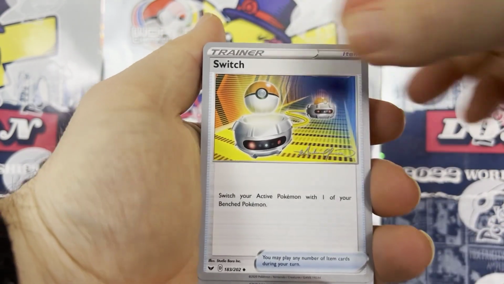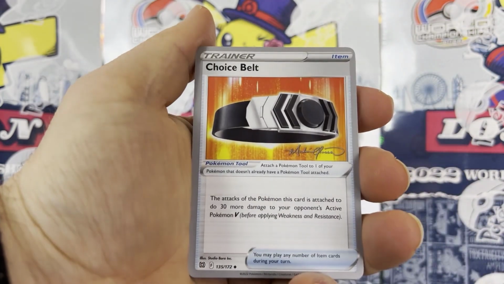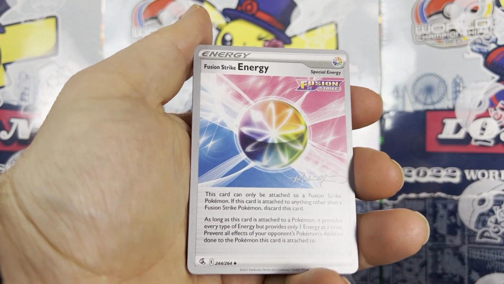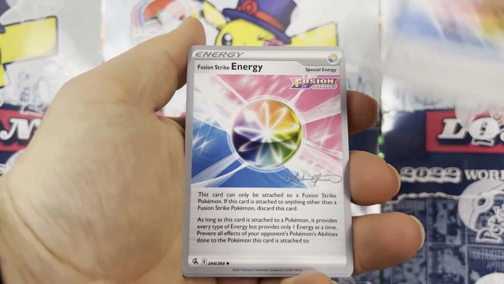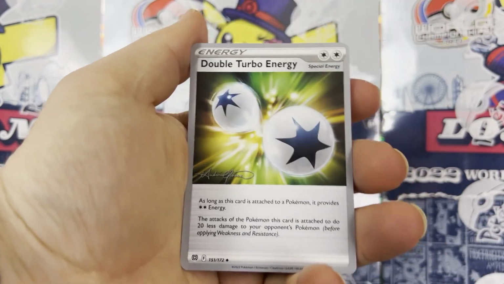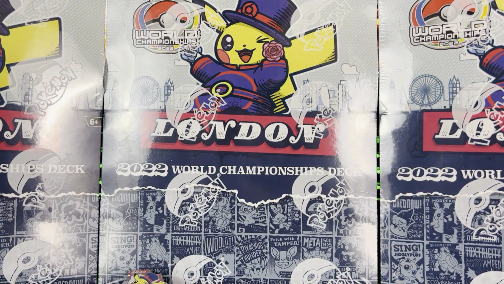Battle Styles is Escape Rope. We're running mostly full. Switch, an oldie but goodie. And we have Echoing Horn from Chilling Reign. We have Choice Belt from Brilliant Stars as well too. Fusion Strike Energy from, you guessed it, 1, 2, and 3, and 4. And we get a double Turbo Energy. Couple of those, and yep, we round it out with a double Turbo. So that, I could see why that deck was pretty freaking awesome. So we got lots of cards there as well. So these decks are pretty inexpensive, and while they aren't tournament legal, it is really cool